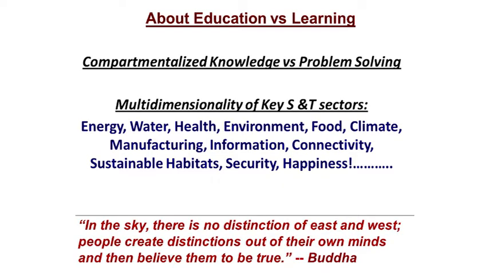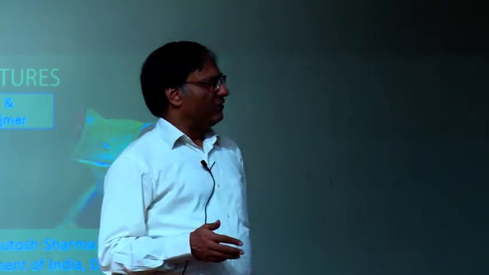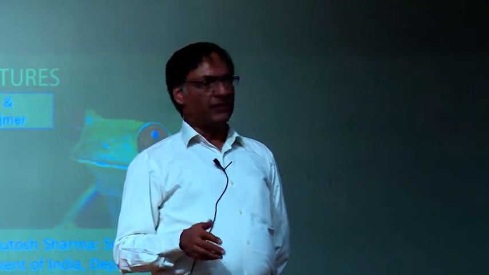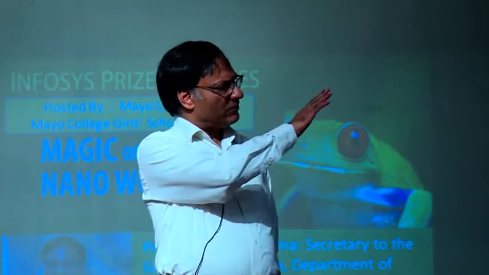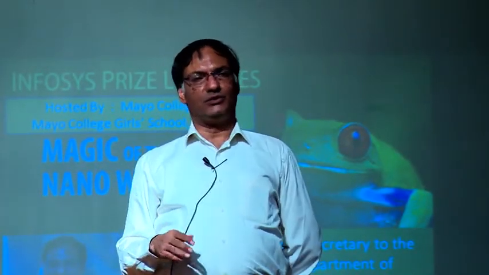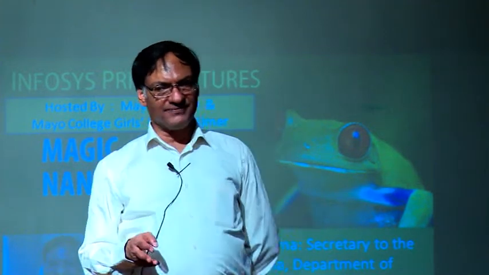So we start by saying that, look, even though our education is compartmentalized because it's in terms of teaching chemistry, physics, biology, mathematics, and so on, the solution to real problems does not lie in only knowing chemistry or physics or mathematics or biology or engineering or any of those. So we look at what the real problems of society are, which are global problems, and if you ask anybody across the globe, any scientist, they will give you the same problems. So you can call them the usual suspects of science today.